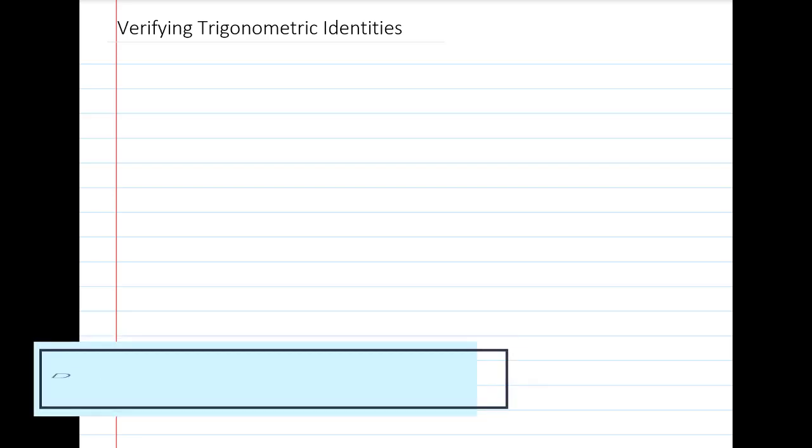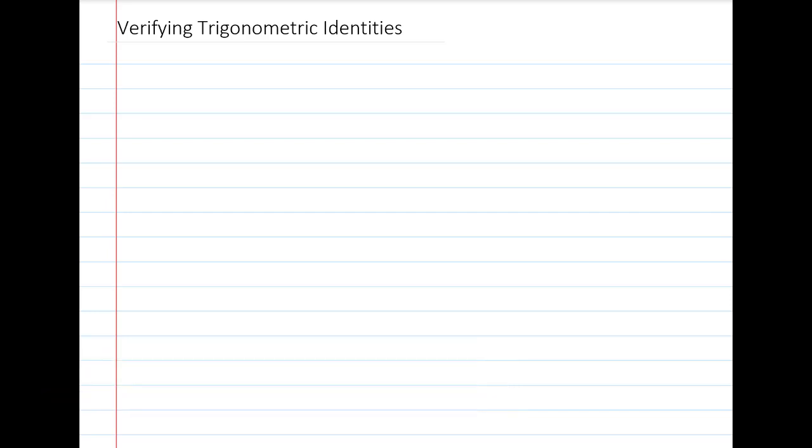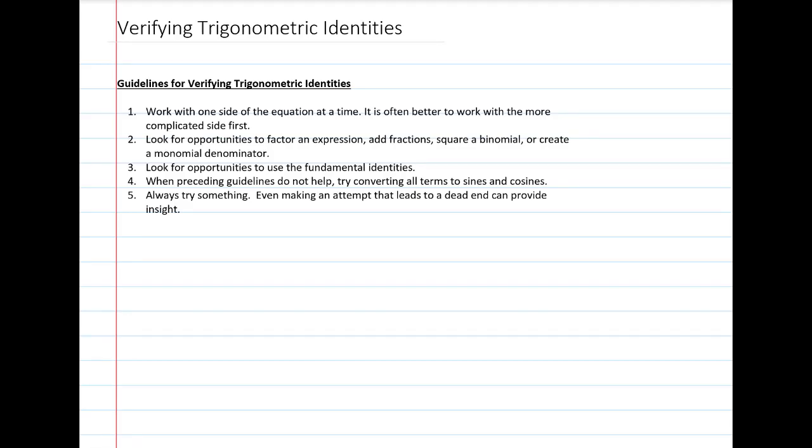Alright guys, in this section we're going to be discussing techniques for verifying trigonometric identities, and the key to verifying identities is going to be our ability to use the fundamental identities that we've discussed in the previous section and the rules of algebra to rewrite trigonometric expressions. So here we have some guidelines for verifying trigonometric identities, and the first one here is to work with one